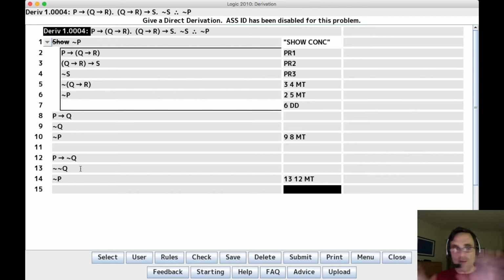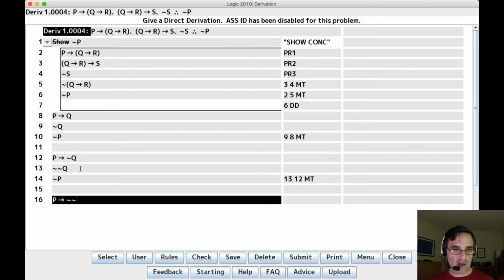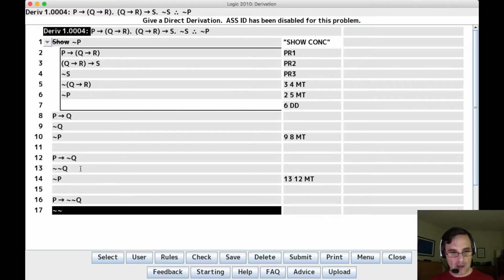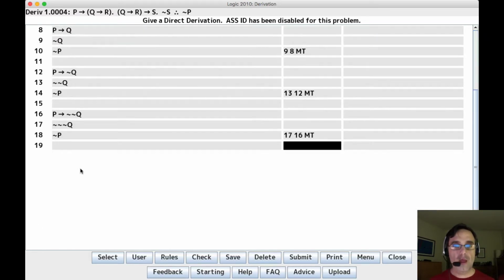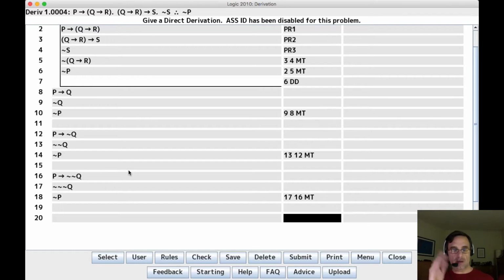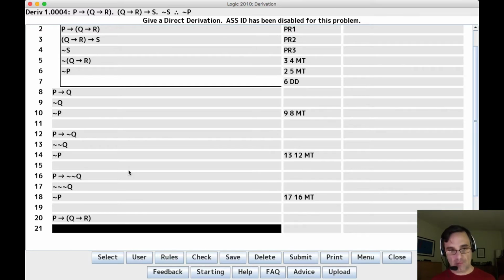So whatever the consequent is, however big it is, the same rule applies. So suppose it was P, then not Q. What would you need? You would need not Q, the consequent, with a negation in front of it, modus tollens. But there's no reason why it has to be just that. Modus tollens works whatever the consequent is. So if the consequent is a sentence letter, if you have the negation of the sentence letter, modus tollens works. If the consequent is a negation, if you have the negation of that negation, modus tollens works. If the consequent is a conditional, then again, if you have the negation of the consequent, then